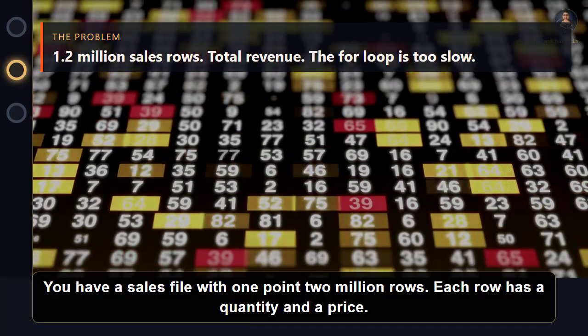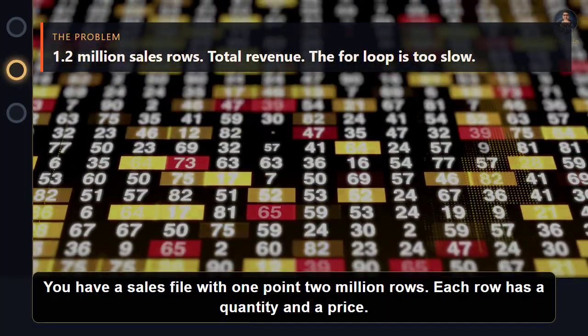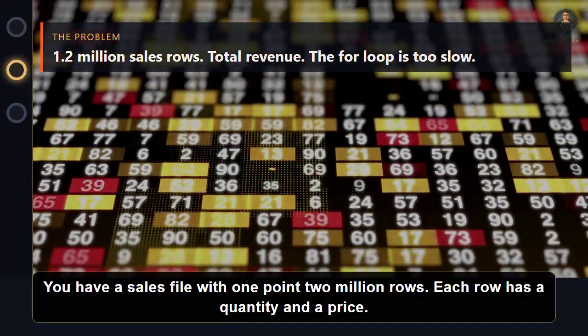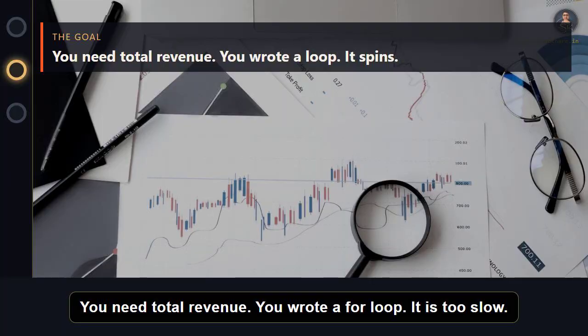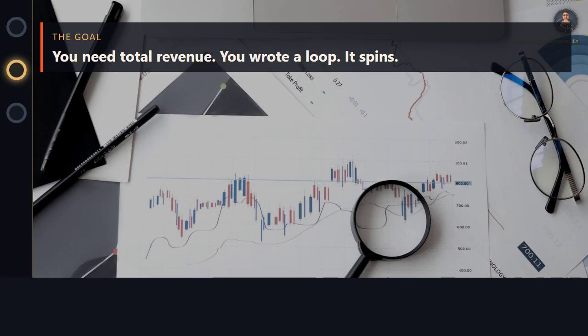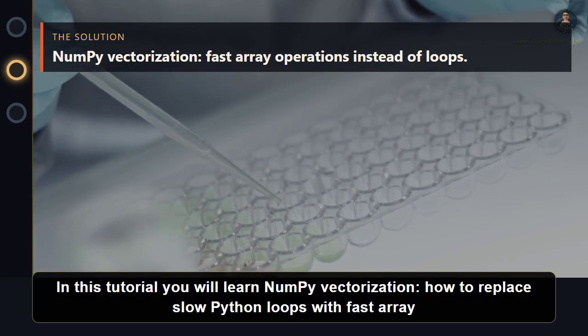You have a sales file with 1.2 million rows. Each row has a quantity and a price. You need total revenue. You wrote a for loop. It is too slow. In this tutorial, you will learn NumPy vectorization, how to replace slow Python loops with fast